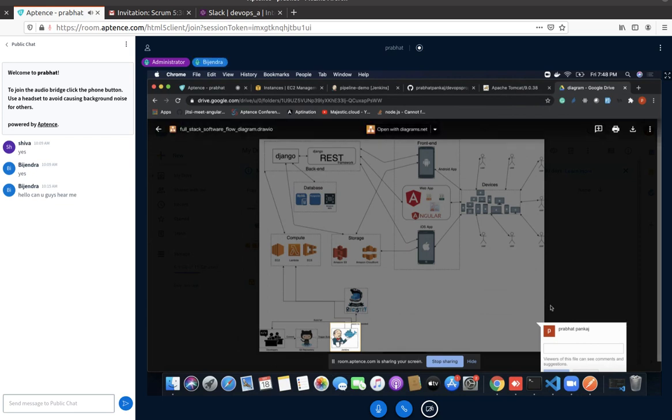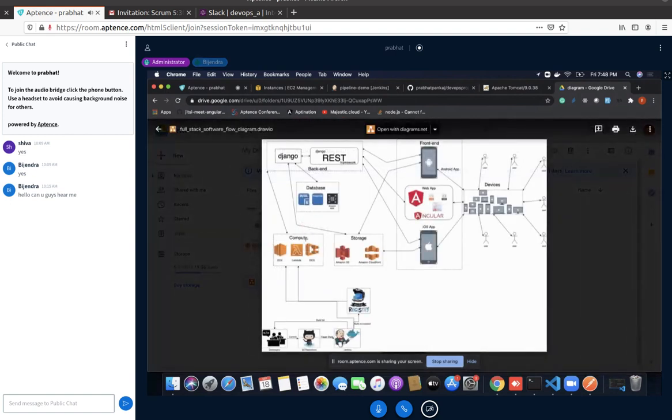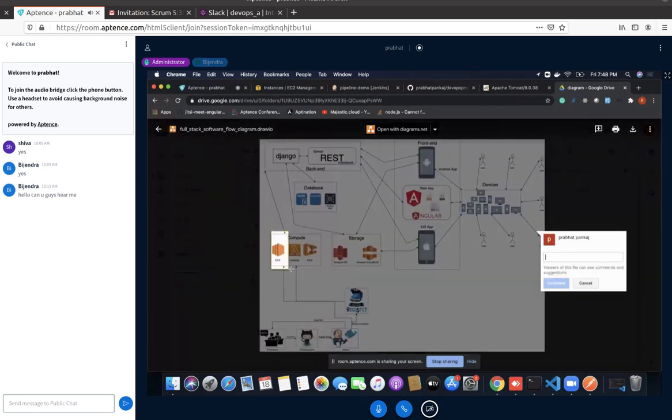This is the first part. Now I may have to deploy the Java based application in EC2. See here, can you see? This is the EC2 instance. That means our Tomcat server should be available here. Then only they will be able to access our WAR file or JAR file that has been generated from the Maven build tool. This is what the flow is. So your Maven should be available inside Jenkins server, and your Tomcat should be available inside your EC2 instance, or maybe you can say your app server.